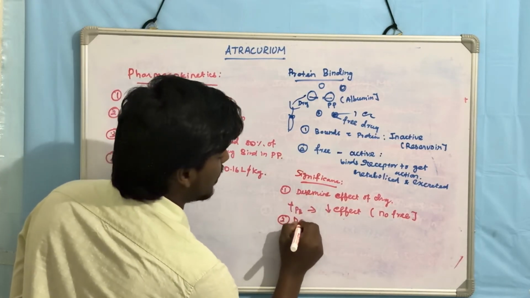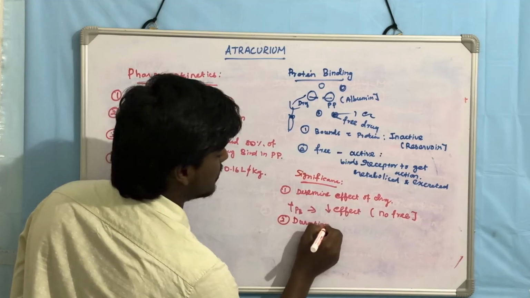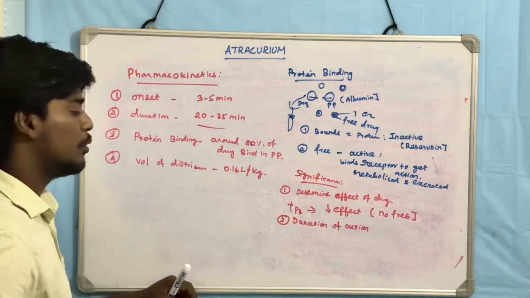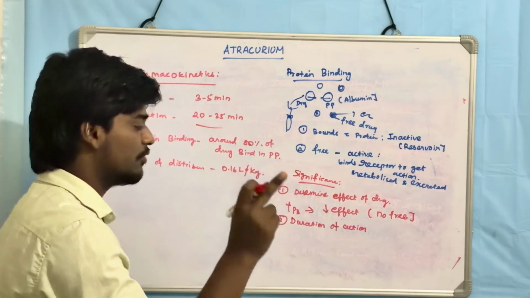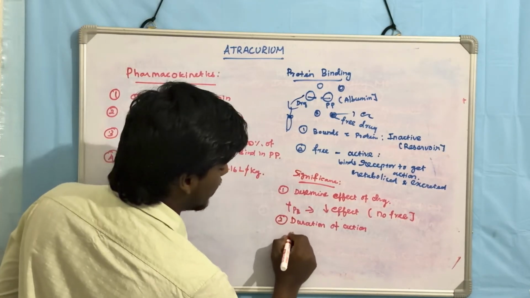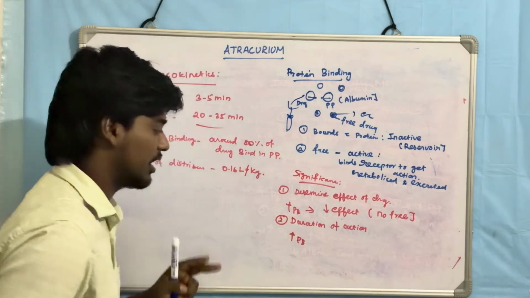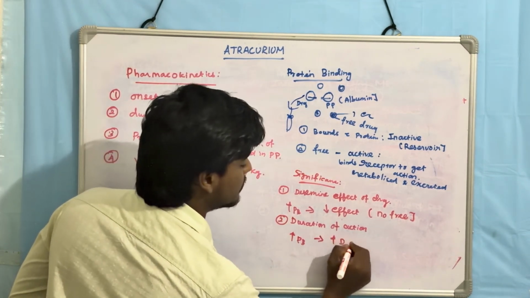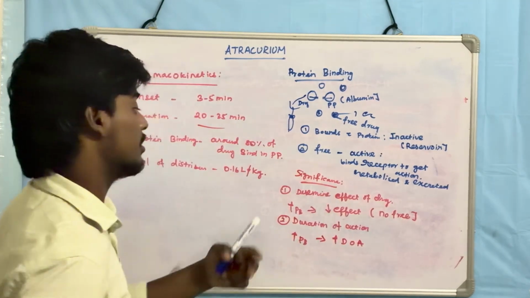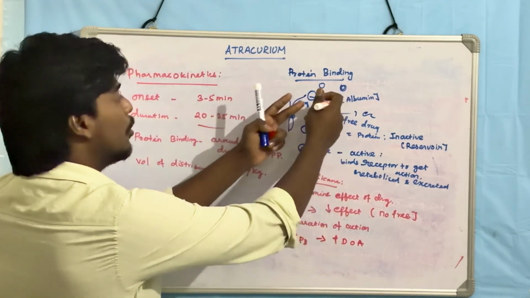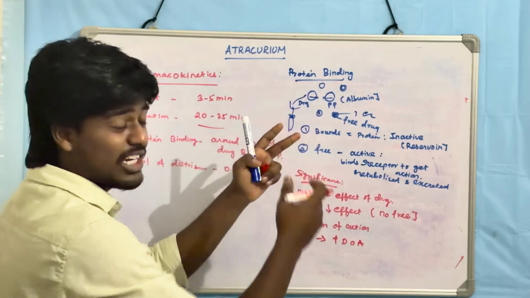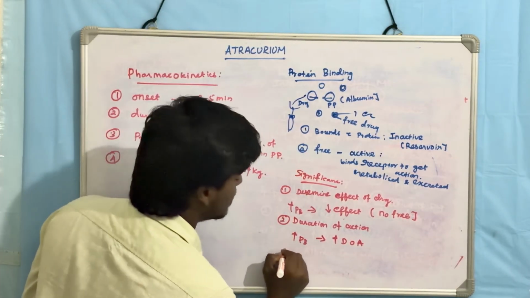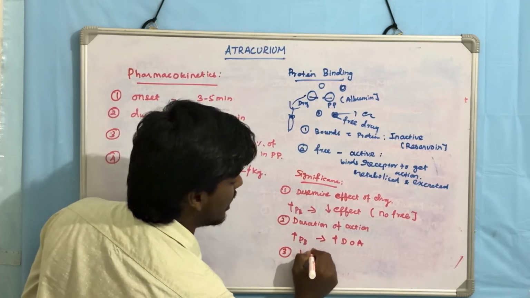It also determines the duration of action. It is one of the factors. The more protein bound drug, the more the duration of action increases. Since the drug bound with the plasma protein is gradually released, it takes time, so the duration also increases. And the third condition is decreased albumin,